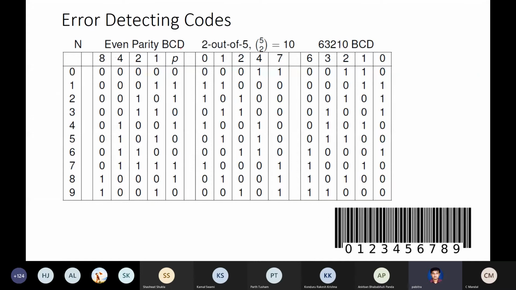Let's look at the digits from 0 to 9. You know that BCD is 4 bits, with 8421 weights. So these first 4 columns are the normal BCD codes. The data bits are these 8421 bits, 0000 for 0 and so on. And you introduce a redundant 5th bit, the parity bit or the check bit, which is set according to